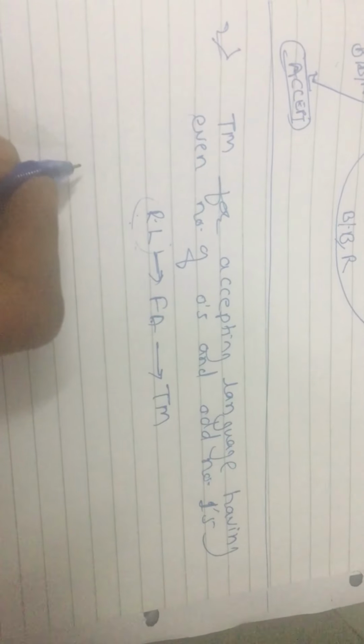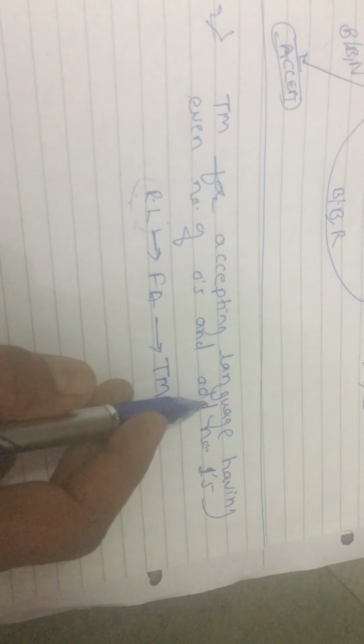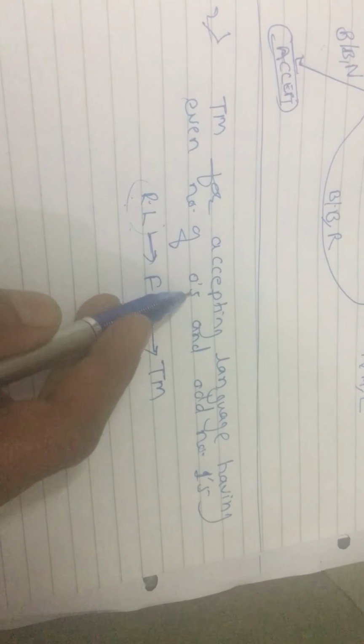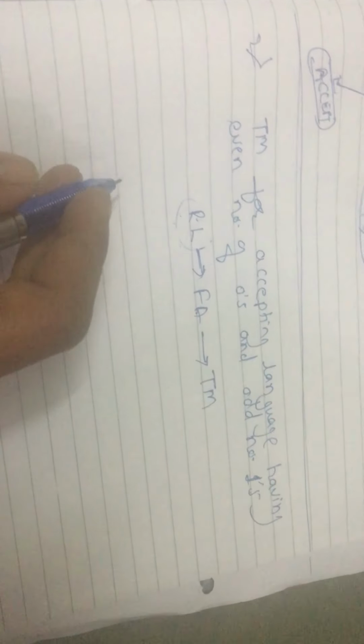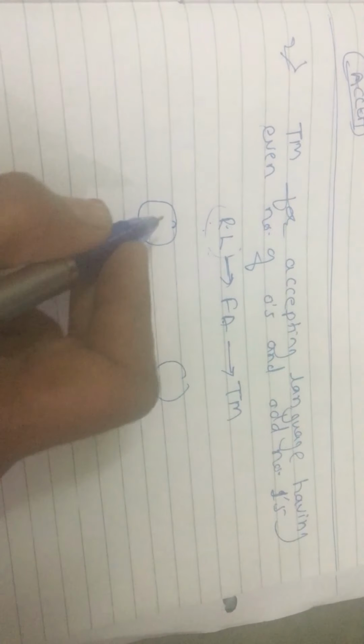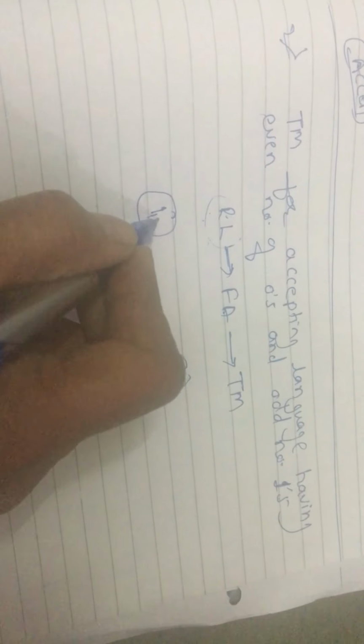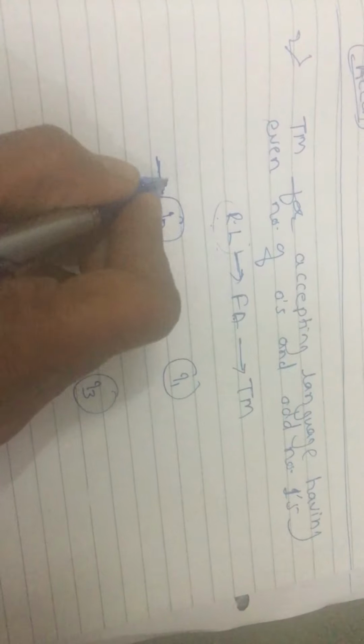Okay, now see here, first we will construct the transition diagram for having an even number of zeros and an odd number of ones. I have already explained this. For such even, odd, odd, even, and odd combinations, there are 4 states you have to take. Let us take Q0, Q1, Q2, Q3.